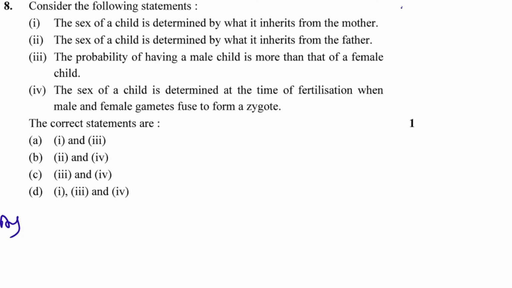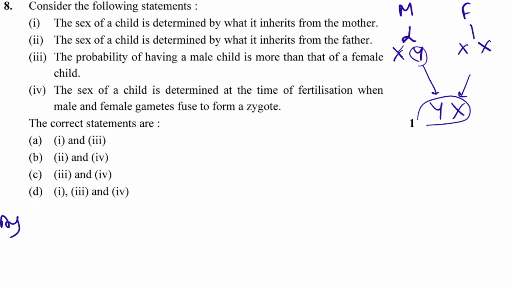So male will contain two chromosomes which are X and Y, whereas female will contain chromosomes which are only X and X. Okay, so to form a male child, what should happen? From female you should get X and this Y should be coming from male. So the male child will be produced if it inherits Y, and it depends completely on male. If it is inheriting X from male, female will be formed. If it is inheriting Y from male, male will be formed. So it is entirely dependent upon father, not on mother.